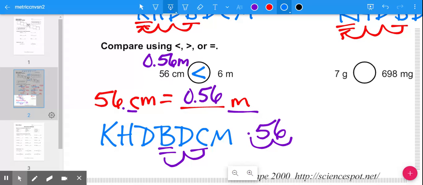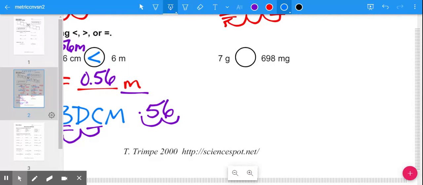0.56 meters is less than 6 meters. All right, so on the next one, I'm just going to keep with this left side. So when we want to convert 7 grams to milligrams,